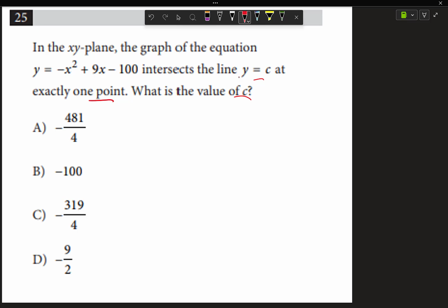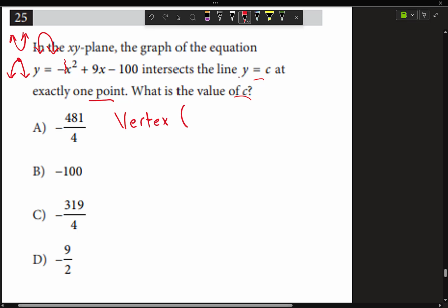First, noticing that this is going to be a parabola. So this is either a smiley face graph or a frowny face graph. And since the lead coefficient is a negative number, I know this is going to be an upside down parabola. So we're talking about an upside down parabola. What we need to come up with is that vertex right there. We need to come up with the highest point of that graph. The formula for the vertex